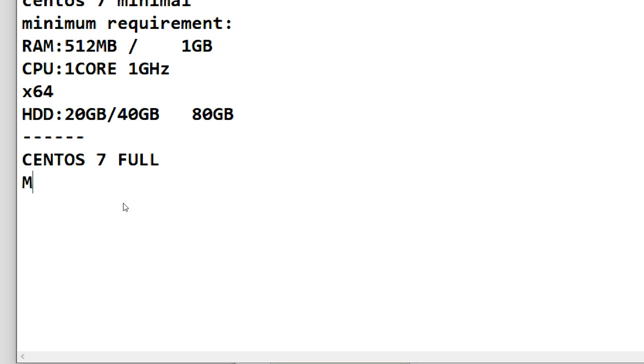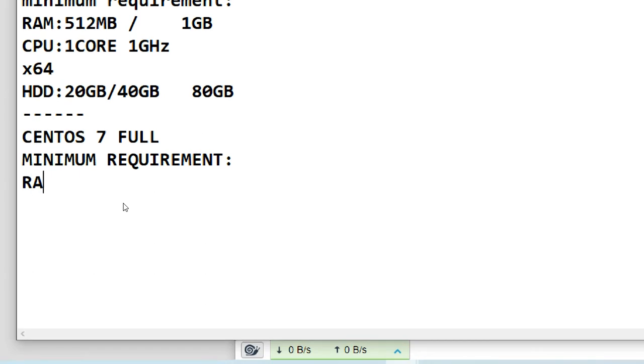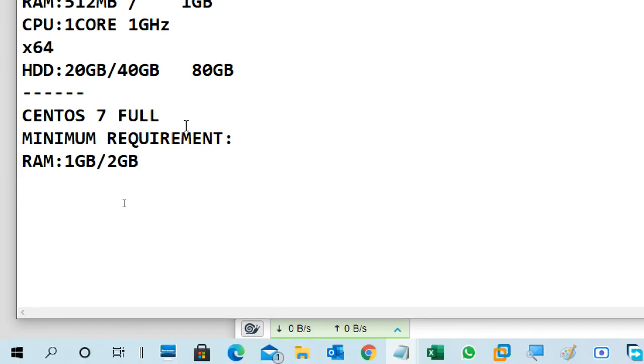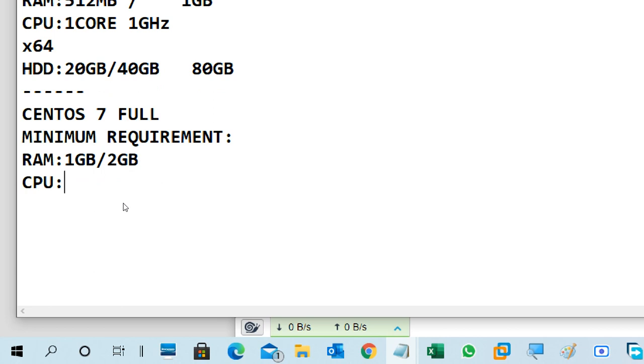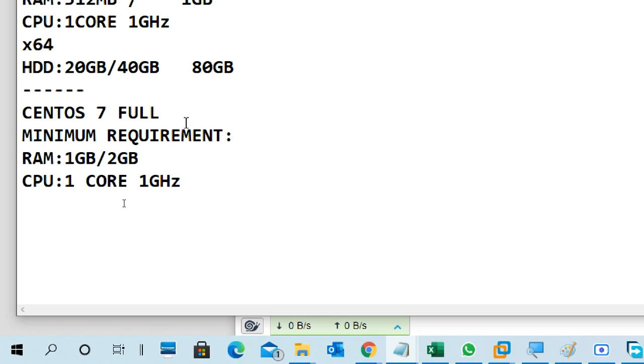So the minimum requirements: RAM, 1 GB is enough, but better to use 2 GB. CPU, one core is generally enough, and a 1 GHz minimum processor is enough because it's lightweight only. Better to use 64-bit always.